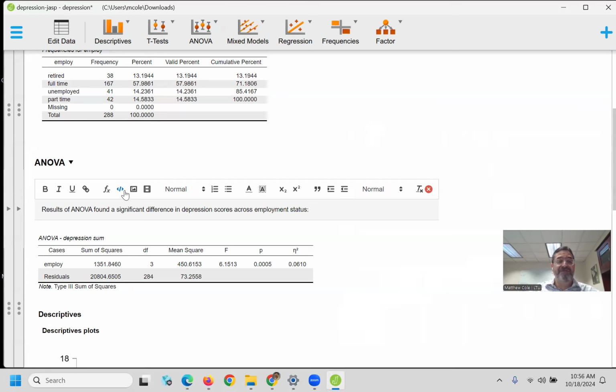We would do F. Now we have 2 degrees of freedom. The first one is the between groups difference, which is the number of groups minus 1. What do we mean by groups? We have 4 employment status groups, so that's why the degrees of freedom is 3, comma. And then this is called the within, or the residuals, degrees of freedom, and that's based on the sample size. So that's 284. We close the parentheses, we do equals, and then we report the F value,